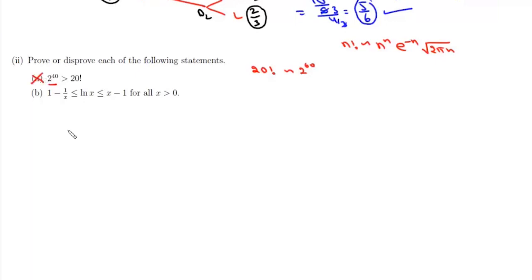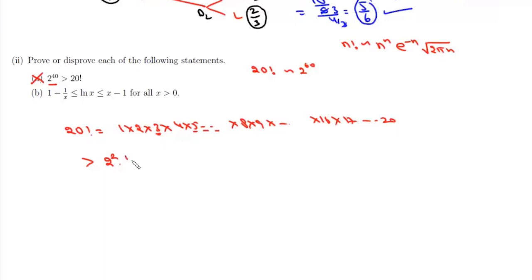Now one way of proving it is, we can write factorial 20 as 1 into 2 into 3, 4 into 5 up to 8, 9 up to 16, 17 up to 20. Now we know that 3 is greater than 2. So we can write this expression is greater than 2 into 2, which is 2 square. Now 5, 6 and 7 are each greater than 4. So it will be greater than 4 to the power 4. In the same way, 9 up to 15 are greater than 8, so it will be 8 to the power 8. And then we'll have 16, 17, 18, 19, and 20, so it will be 16 to the power 5.